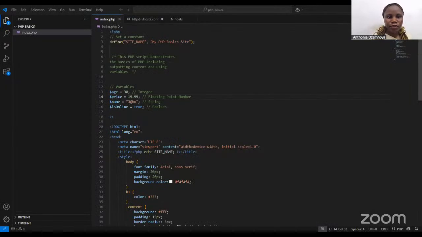Let me quickly run us through my code just to show us what I've been explaining since. All right, so this is an example of a constant. Now I mentioned earlier that we use the